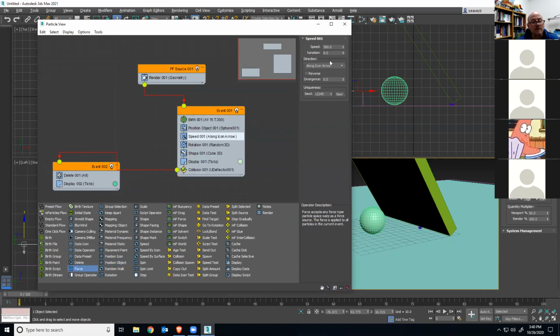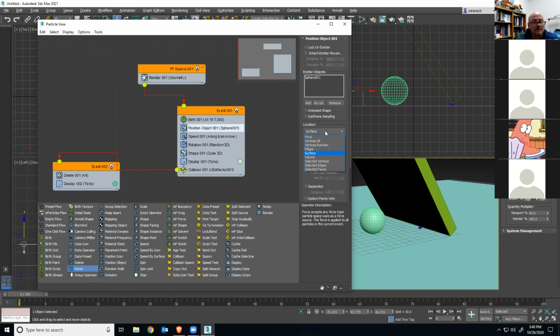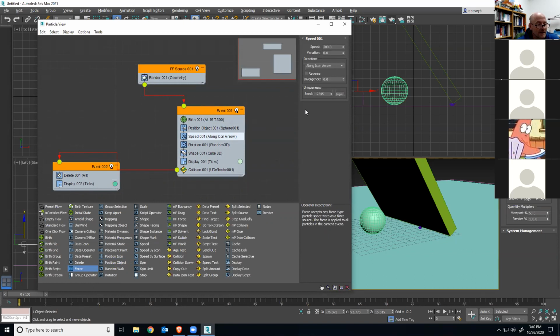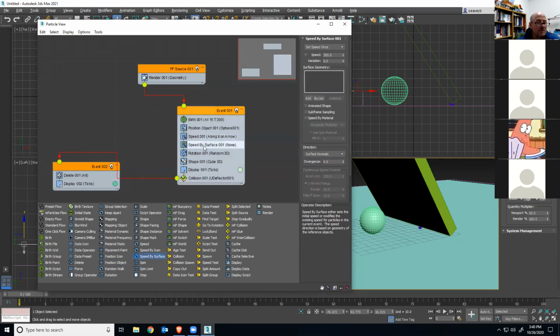Or I could do it by speed by position object, was that it? Surface is good. Is there another speed by surface? Let's see what that speed by surface does. Before I delete the one, I'm just going to put it in here and see what I get. Speed by surface